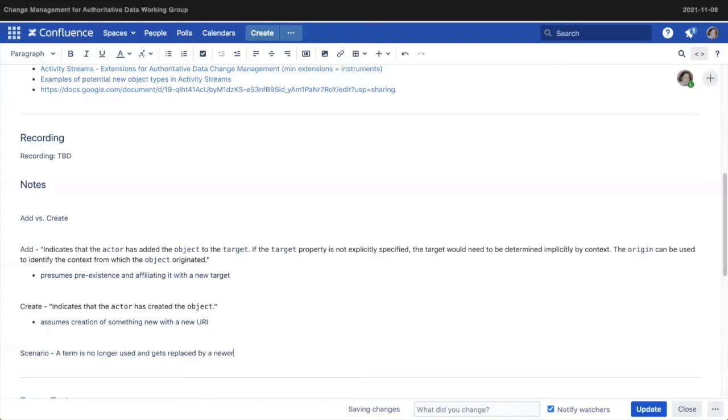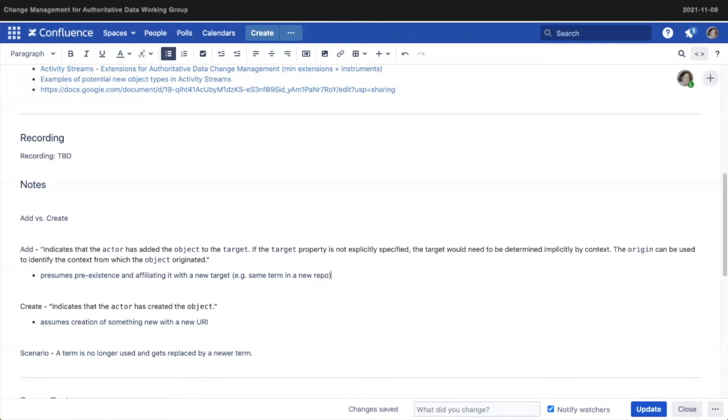Right, that could be a way that this is used. So the target, I looked at a couple different implementations or documentation on implementations, and a target could be like a wish list. A target could be, when you add something to it, you could have a list of deprecated terms, and then you would continue to have a thing. It just is now a member of a new target. So that would be one way you could implement